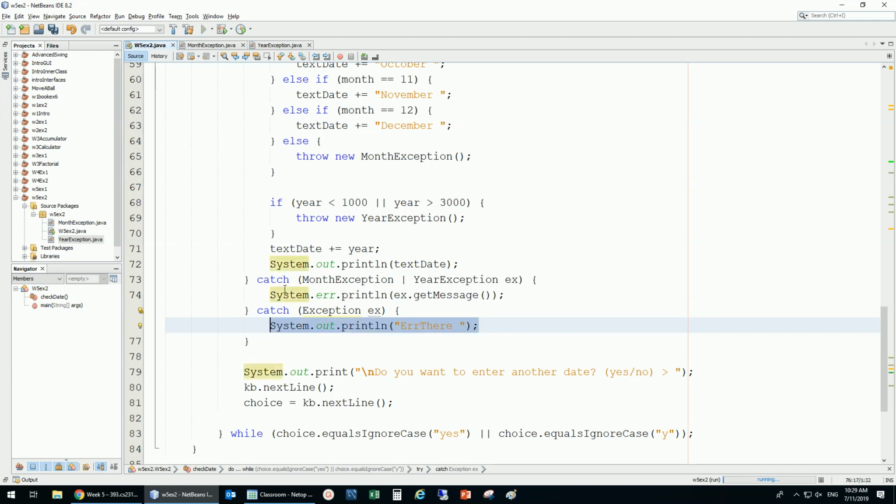Oh, by the way, sout displays the system.out. serr, I think, is the one that displays system.err.println. So if I'd like to display an error message like this, this is the shortcut for it. And then if there's any problem, I'm just going to say, okay, error, there was a problem with the input